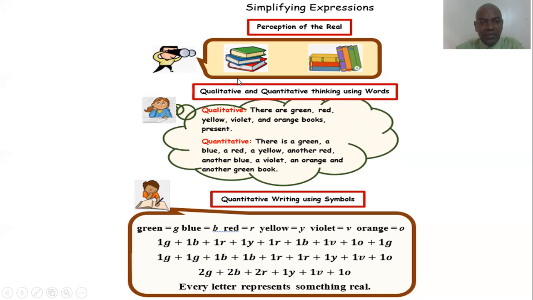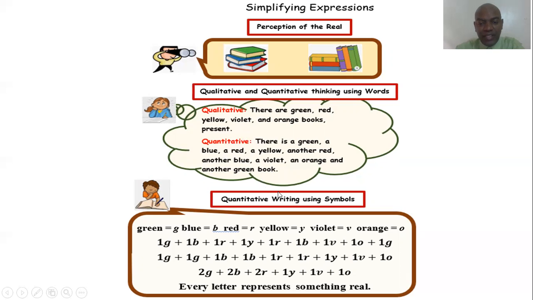Imagine you have this image in front of you. Qualitative and quantitative thinking using words is going through your mind. Qualitatively, you may say there are green, red, yellow, violet, and brown books. Quantitatively, we'll start to count. There is a, which means one. There is a green, a blue, a red, a yellow, another red, another blue, a violet, an orange, and another